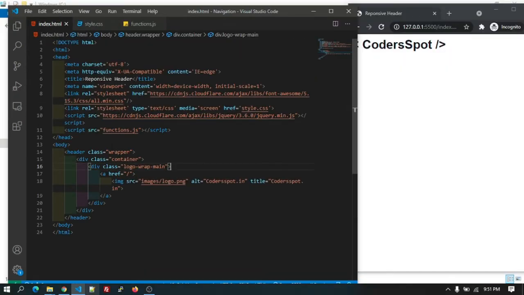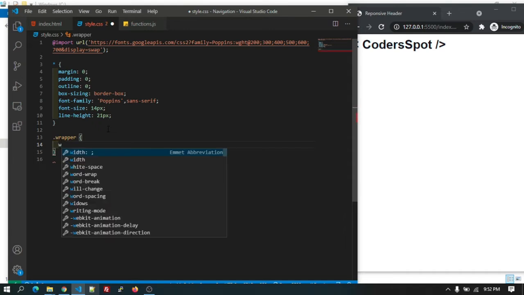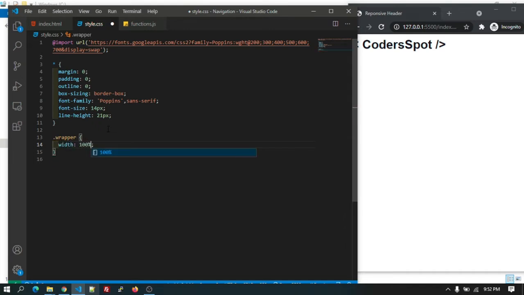So we have created a first class as wrapper. Let's copy that class and paste it over here. Let's say width 100% and float will be left.